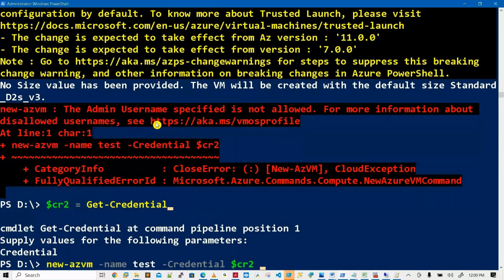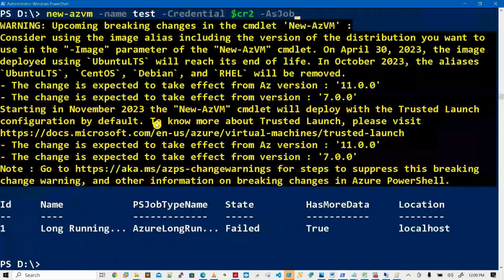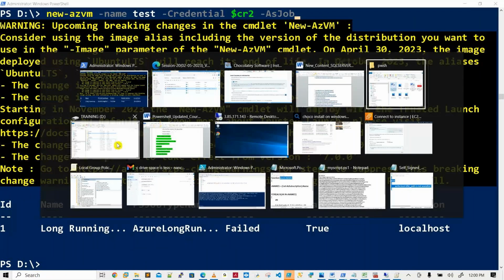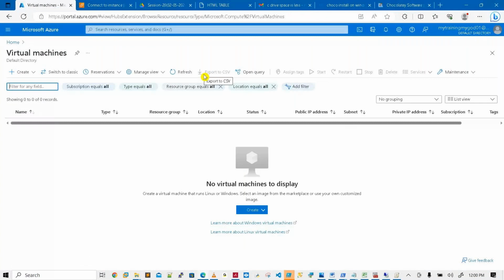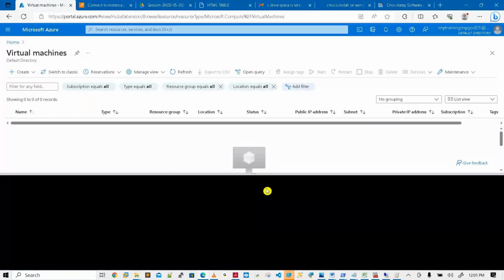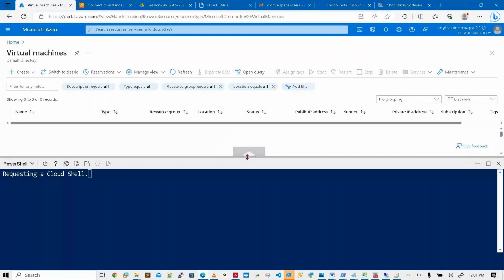That's all. My machine is going to be ready in the cloud in a fraction of a second. GUI mode will take a lot of resources to do the activity, but with the command line it is very easy. Even in the Azure cloud, if you open Cloud Shell, this one, Cloud Shell is there. Upon Linux, your PowerShell will work.